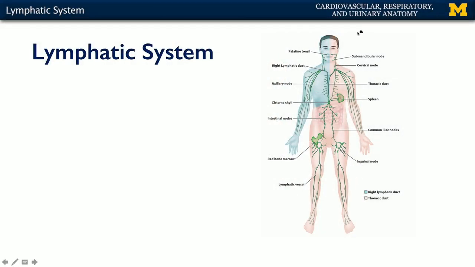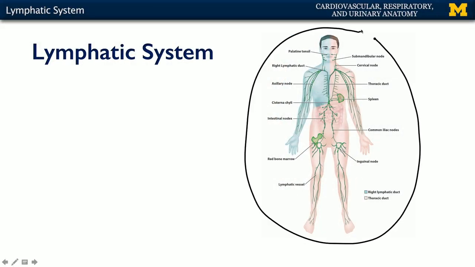If you look at this gentleman here, you can see that he is a network of green organs and vessels that all lead back to the thorax here. What you can also determine by the shading is that there is an interesting pattern of drainage, and that is that the right thorax and the right half of the head and neck, as well as the right upper limb, are all one drainage unit, and the remainder of the body